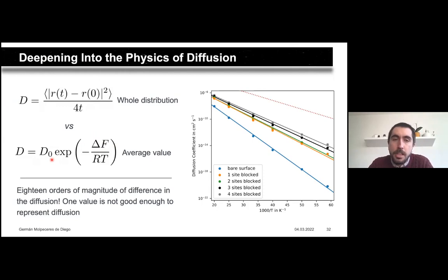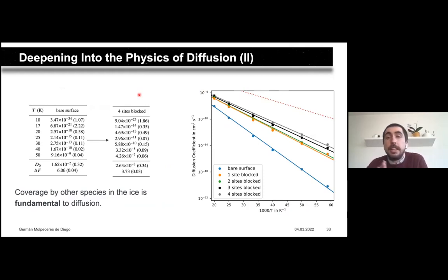This is, of course, due to the fact that using this kind of expression assumes an average value. And in the case of diffusion, we have observed that using the whole distribution of different ways of overcoming different diffusion paths is fundamental in order to capture the physics of diffusion. Here, in this graph, I show in a dotted line the values using the average value, and also using the whole distribution. And you see that the deviation is dramatic at low temperature. This is in inverse temperature units.